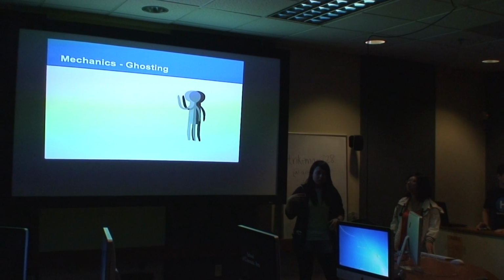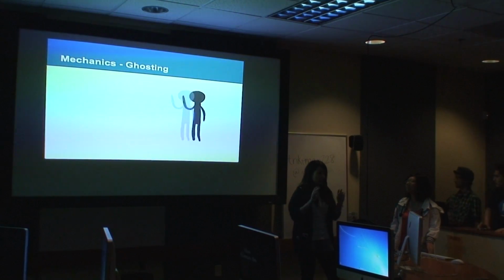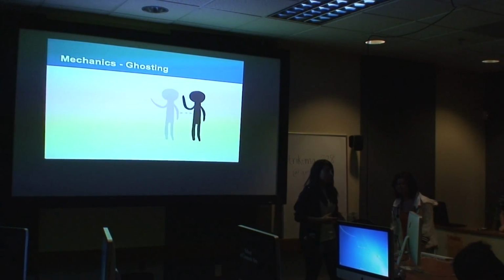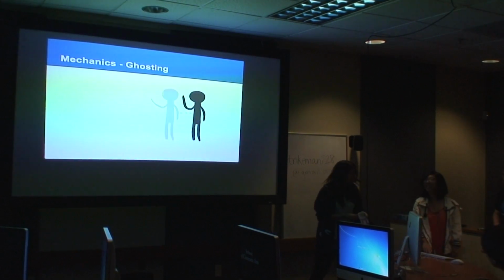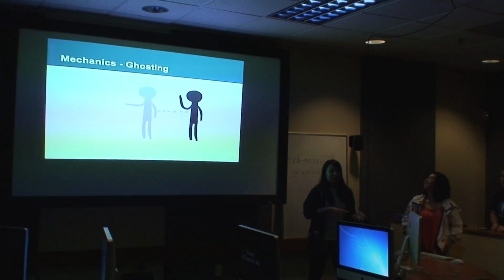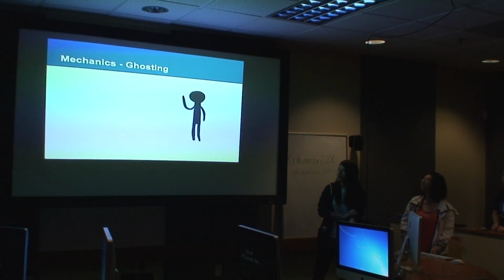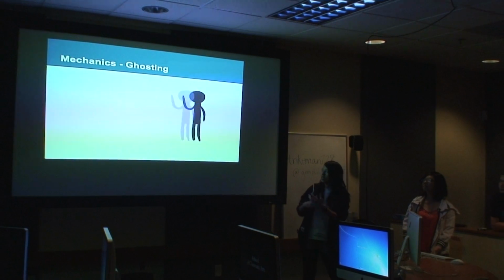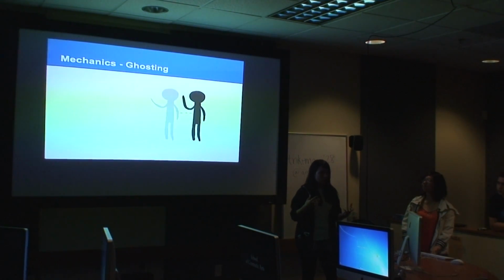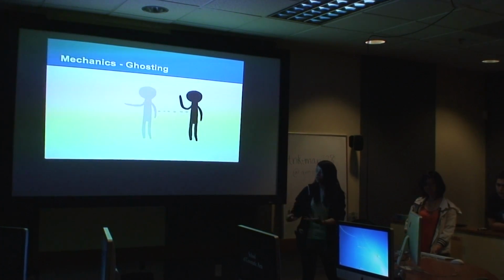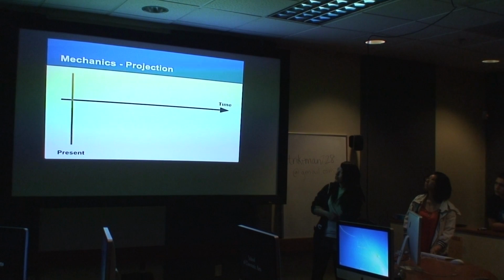So the idea is that you are having not only just visions of the future, but you're able to physically go into the future and interact with people and the environment. And we have three main mechanics as to how this goes about happening. So the first one is ghosting, and this is pretty straightforward, where you can see a ghosted ephemeral image of whatever object you're targeting moving in X amount of time in the future, in real time in front of you. Next, the most important one is projection.